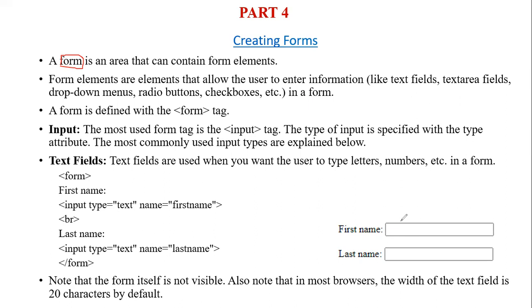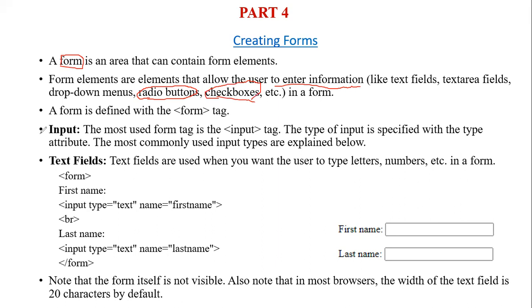so how are you going to enter these things? For example, what is your first name? What is your last name? You have to enter the information when they ask on this form. And then after that, for example, you have a button here. Just now I showed you the radio button and checkbox. Radio buttons are like a circle shape. You can only select one, but with checkboxes you can select more than one.